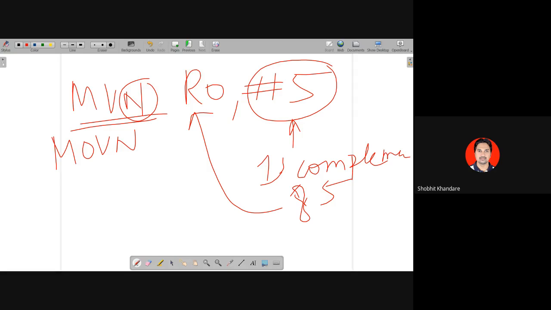Right? If I am taking the ones complement, what does it mean? I am making 0 into 1, and 1 into 0. So you have written the same thing, that the MVN instruction is used to logically invert all bits in a register. Okay, so taking the ones complement means I am doing 0 to 1, 1 to 0, and that is moved into the register R0. Okay, write down further, please write down further.